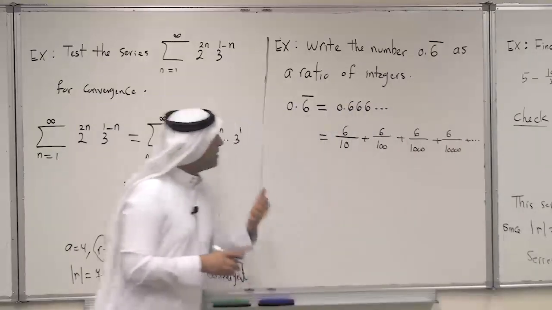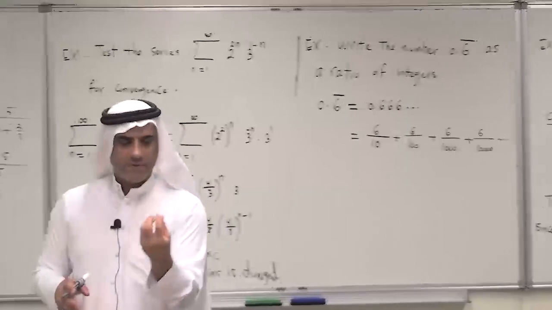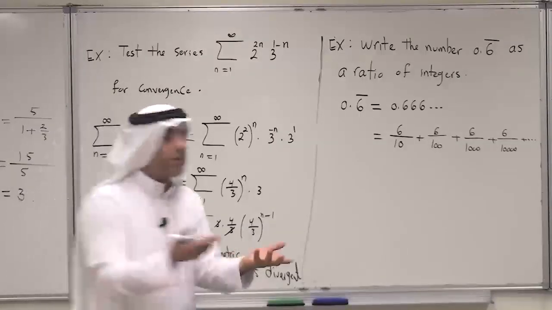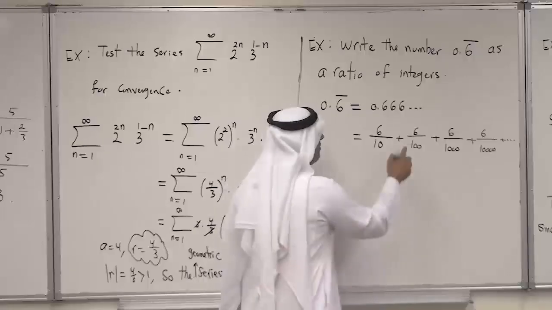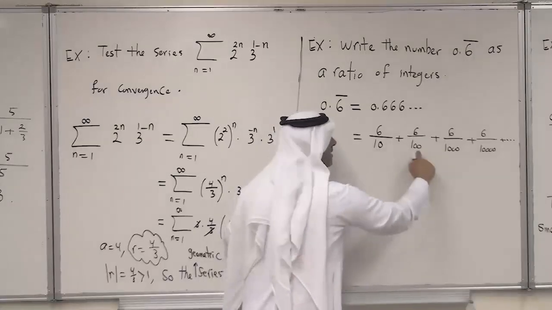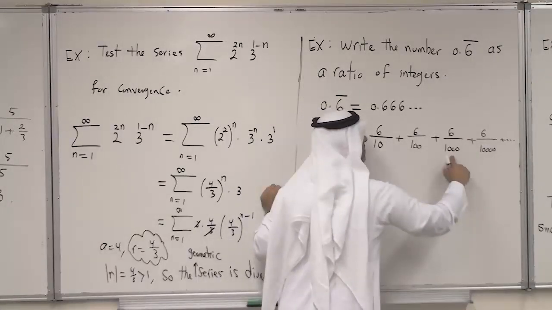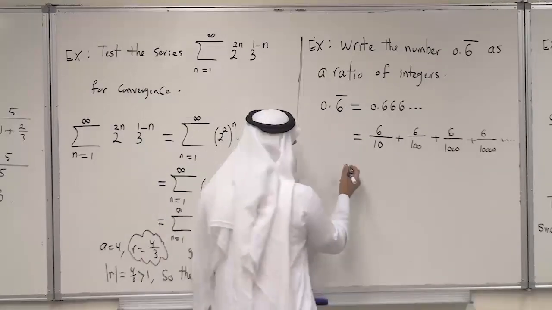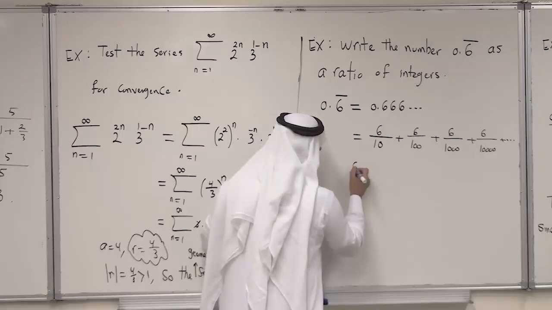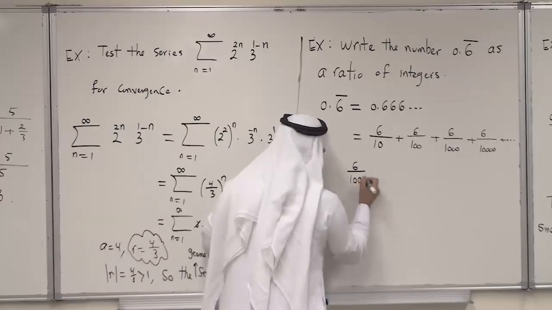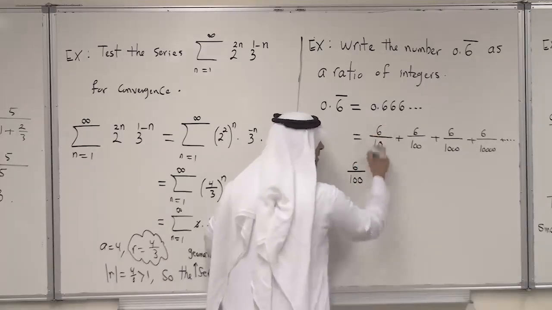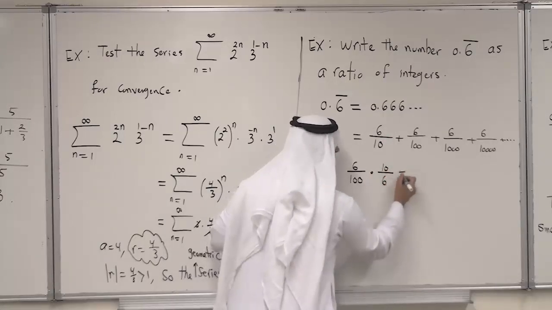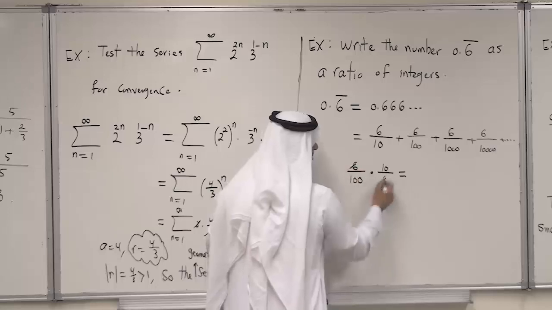Look at it carefully. Just take the division of two numbers in sequence and see if it gives the same ratio all the time. Meaning, if I divide the second number by the first, the third one by the second one, the fourth one by the third one, and so on, will we get the same ratio here? Clearly, if I divide 6 over 100, for example, by 6 over 10, it's like I multiplied by 10 over 6. So this is exactly equal to what? If you simplify, this will be